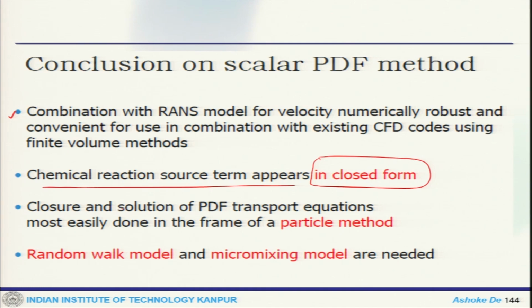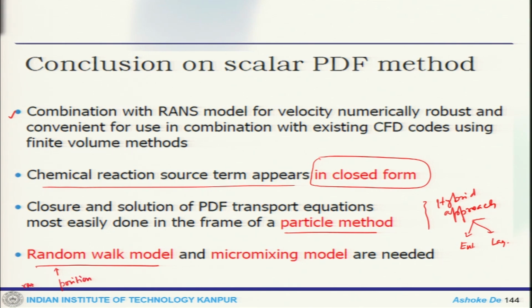Then closure and solution of the PDF transport equation are mostly done in the framework of the particle method, or rather I would say it's a hybrid approach which is adopted. So this has both Eulerian and Lagrangian. The combination of these two gives you the best solution method. And then we use a random walk model. This is for position